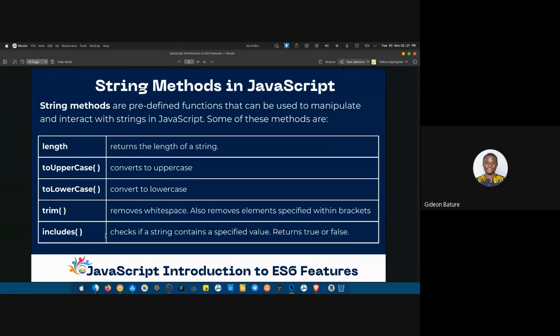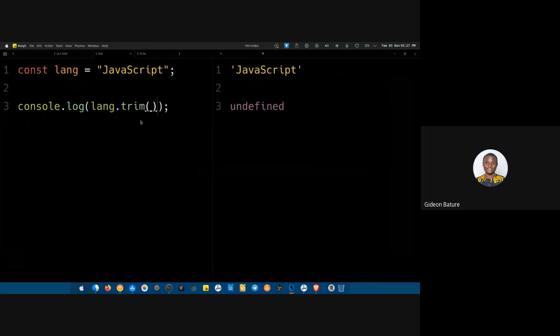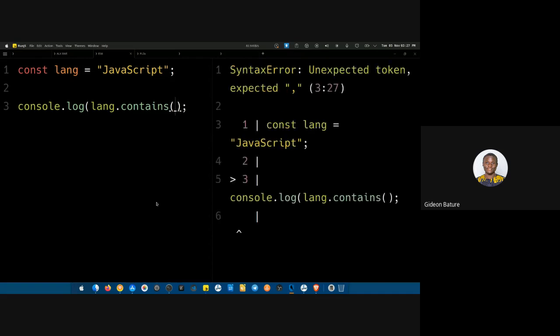a substring. And what this include returns is actually a true or a false. If it contains a particular thing, it will return true. If it does not, it will return false. So like here, we can decide to say dot contain, let's say J,